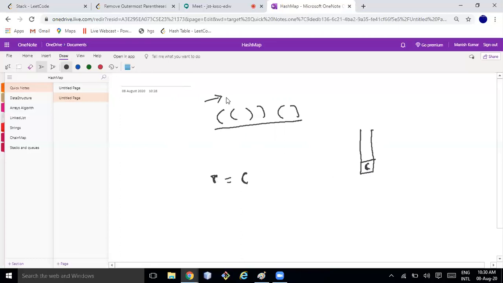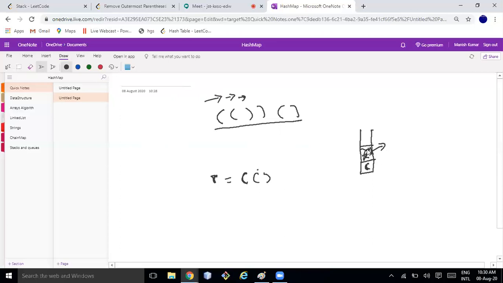Okay, I moved further. Again, I got one parenthesis and that is opening, so I'll concatenate it here and push it here. Now I got a closing parenthesis. Once I get a closing parenthesis, I'll add it to the result, but this time I'll pop it out.